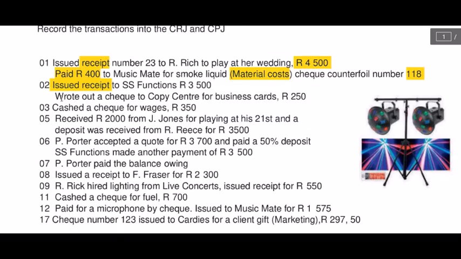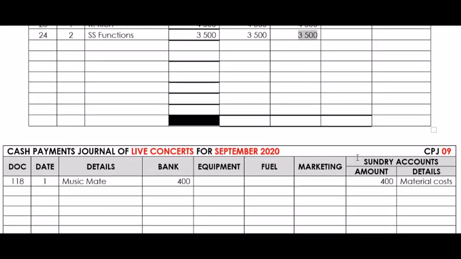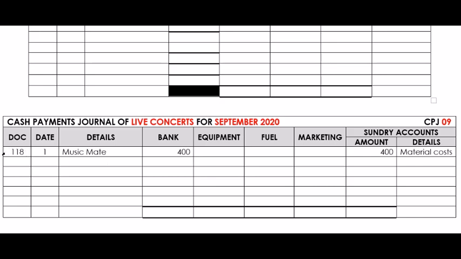Then on the 2nd, we wrote out a check. Okay, so the word check tells you it's a CPJ transaction, to Copy Center for business cards. Okay, 250 Rand. Now, if we record it in the CPJ, it will be check number 119 because the previous one was 118. It's on the 2nd. We are paying Copy Center. The value must go to bank,